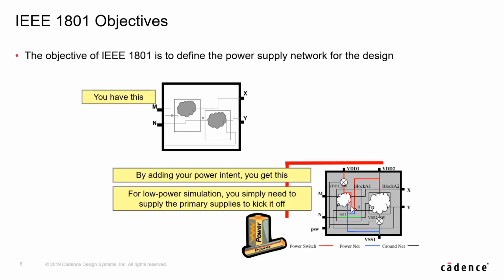The idea is that the only constraint you're going to require for low power simulation is, as usual in daily life, that before you take any electrical elements, you need to power them up. So in low power simulation, you will simply need to supply the primary supplies to kick your design off. If you don't do that, nothing will happen. After, you will be able to manage internally shut off domains and so on, but it will be its own simulation. And of course, we would love no change to your code to ever be required. It means we will not ask you to make any change to your design topology whatsoever.